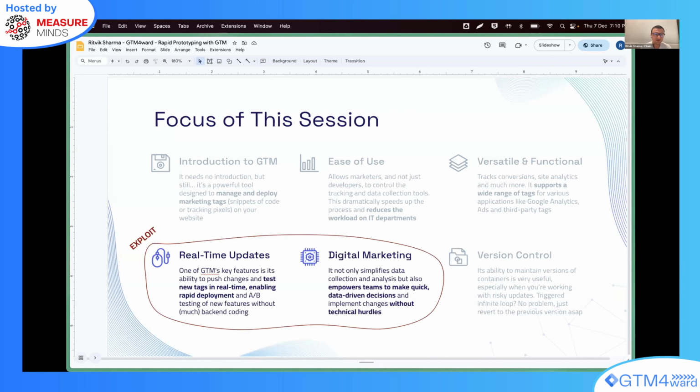One is called real-time updates. Basically, whatever changes you deploy or inject in the form of code snippets will be reflected on the websites in almost real time. We will exploit this capability of Google Tag Manager, which is meant for implementing marketing-related use cases, pixels, analytics, things like this.